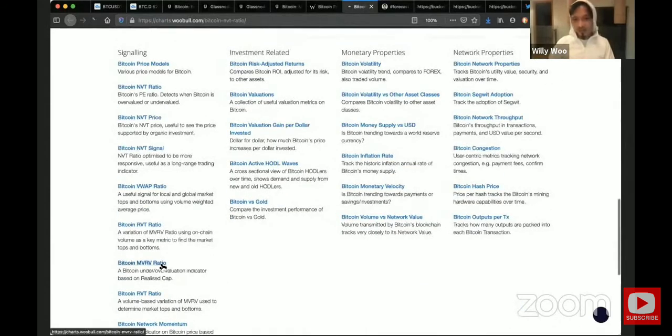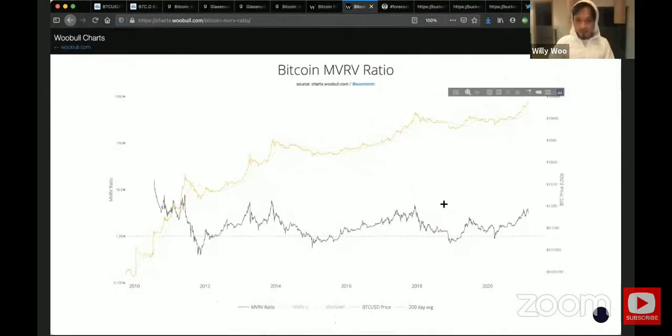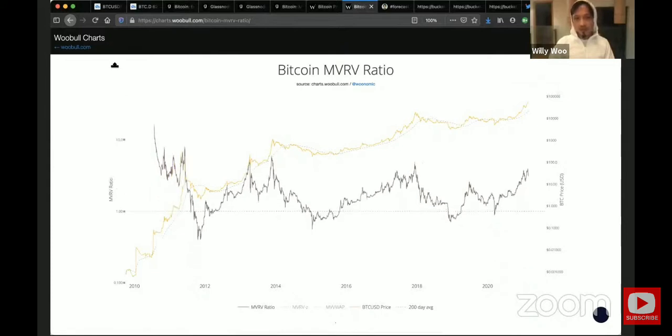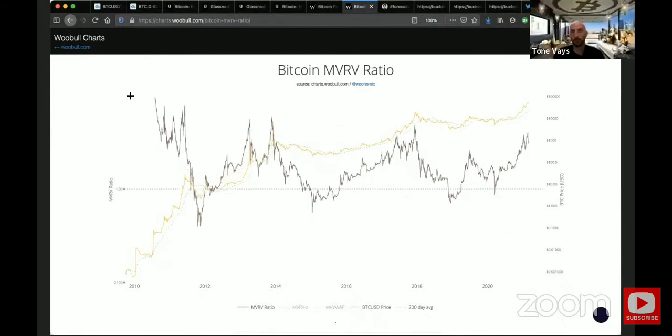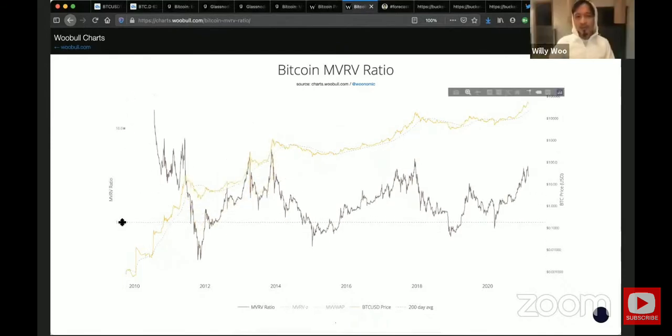In the RV, this one's showing a lot more heatedness. This is the ratio of the market cap to, essentially,